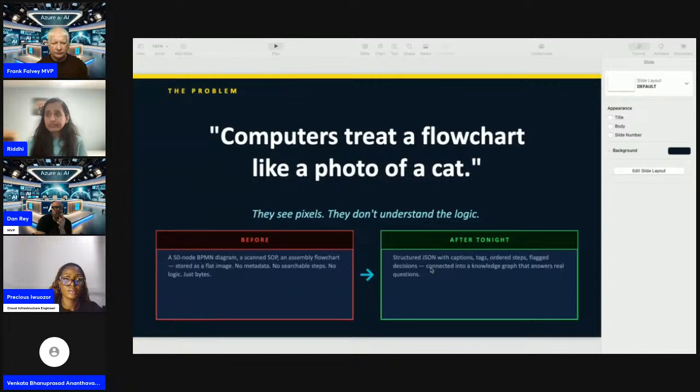Are you on a different slide? Just so you know, we're still seeing the computer treat a flowchart like a photo of a cat in the share. It might be on your other monitor.